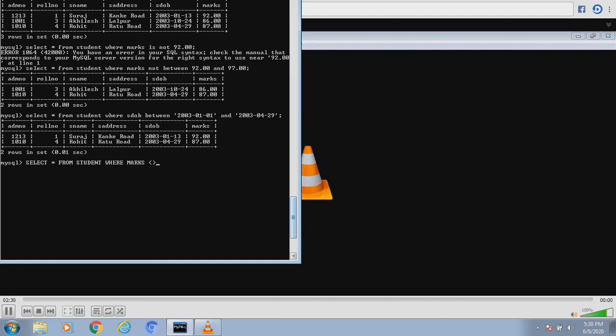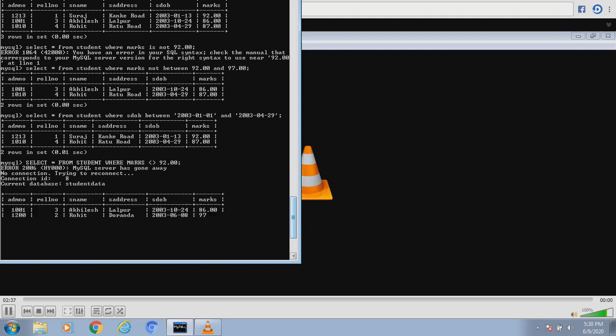See, if I write this, what happens? It gives the result. What result does it give? It gives all the details, that is admission number, roll number, because I have given here a star, but for whom? Every detail for those students whose marks is not equal to 92.